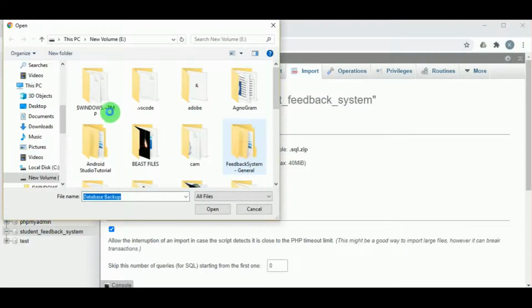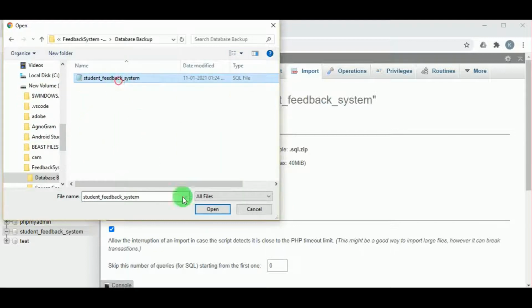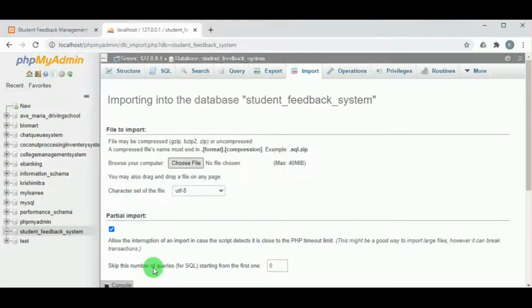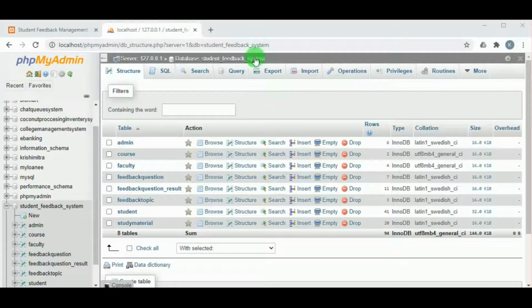From the feedback system folder, inside the database backup folder, you have the SQL file. Select that file. Once the file is selected, click on go. This will import all the tables of the student feedback system.